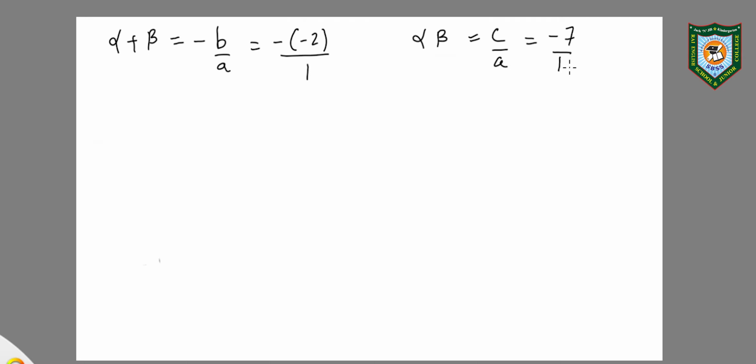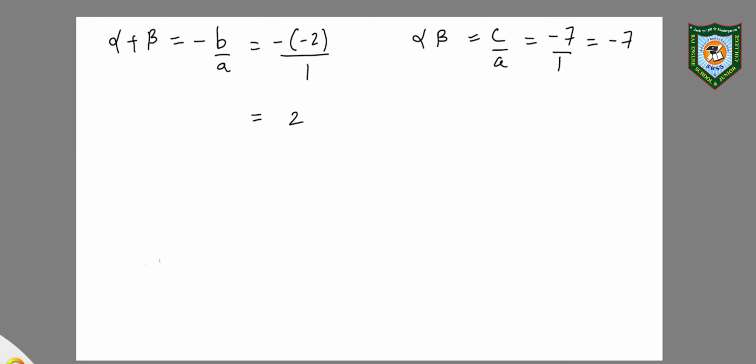Now that means alpha plus beta is equal to minus b by a, which is equal to minus of minus 2 divided by 1, and alpha beta is equal to c by a, which is equal to minus 7 divided by 1, which is equal to minus 7. The alpha plus beta value becomes plus 2,